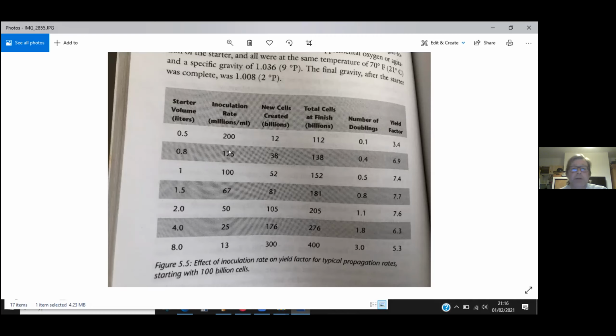So this chart essentially says, if I put in 100 billion, so a brand new fresh starter pack, straight out of you splitting the starter wort, or you buying it from the shop, and you put it into, let's go for the easy one, well, let's start here, you put it into 1/2 litre, you will have 0.1 of a doubling, and you'll end up with,